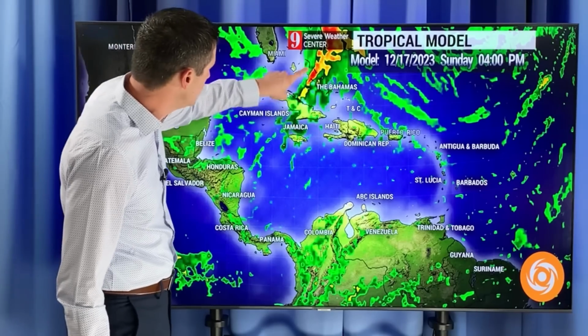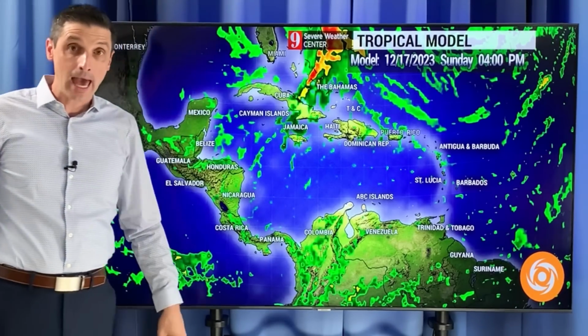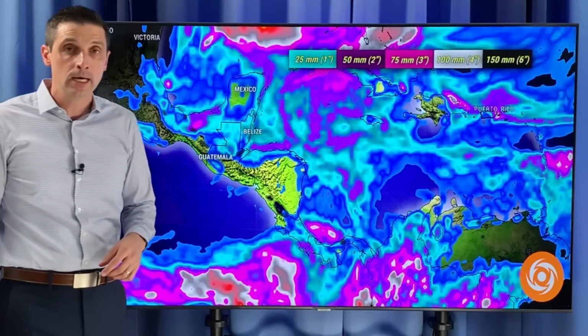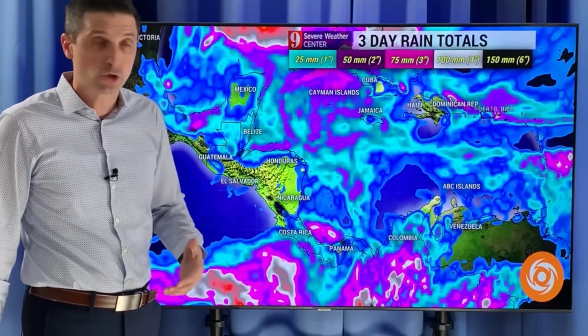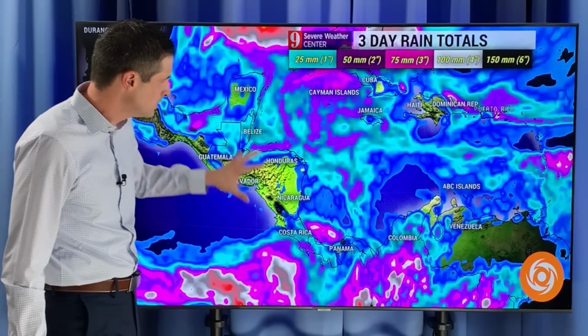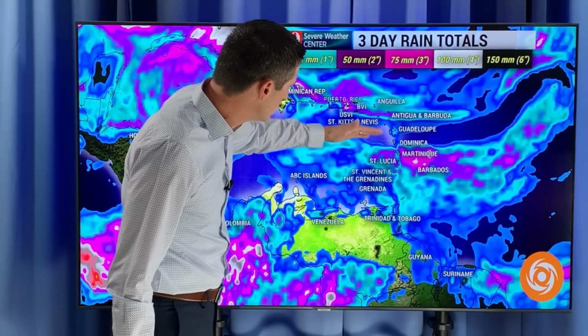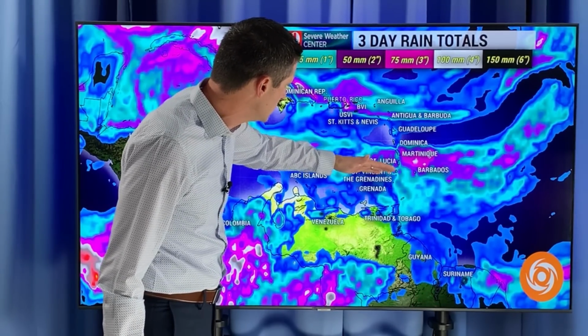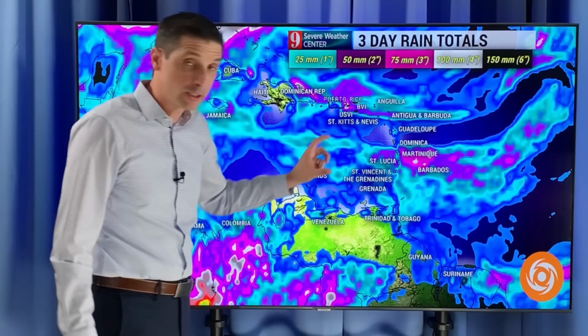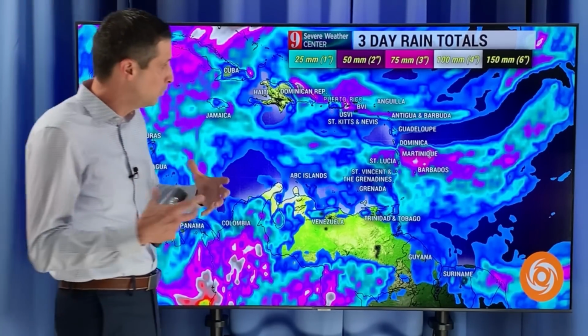And then you see on Sunday with the tail end of the system, Jamaica will see a better chance of some scattered showers and even a few thunderstorms on Sunday as you're maybe headed out to church across Jamaica. So the rain total is fortunately going down some. Areas of heavier rain, but you see this little sliver right here, anywhere from Guadeloupe south back through St. Vincent, the Grenadines, Barbados, St. Lucia, Martinique. It's really hard to pinpoint, of course, when we're dealing with our islands, but with that said, there's